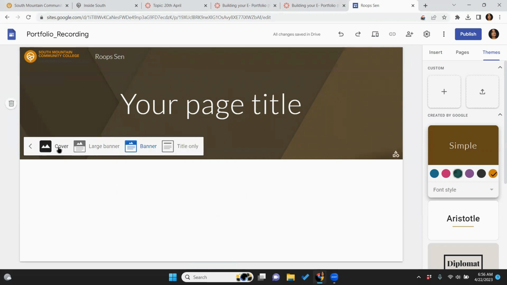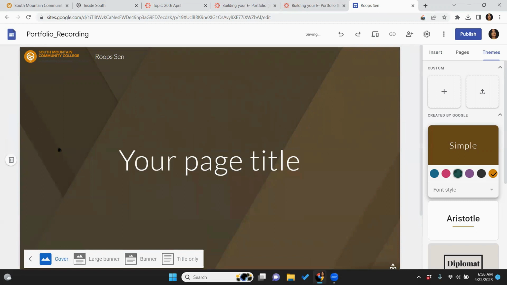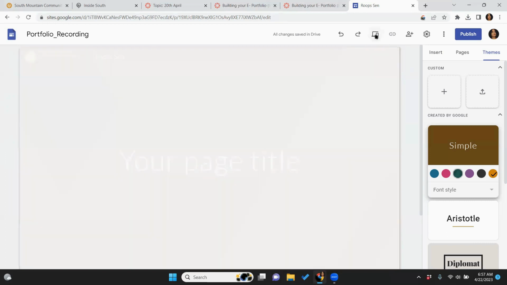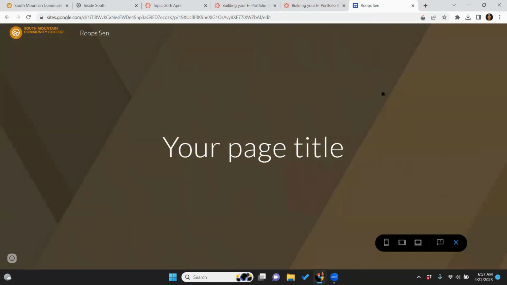Right, now I'm going to change the header type. I'm going to go and click on cover, and when you click on cover, what happens is the picture will encompass the whole page, and you could always, and you should be doing it, click on the preview button over here. This would give you a preview of your web page, how it's going to look whenever you want to publish it. So it gives you a preview of exactly the way it's going to